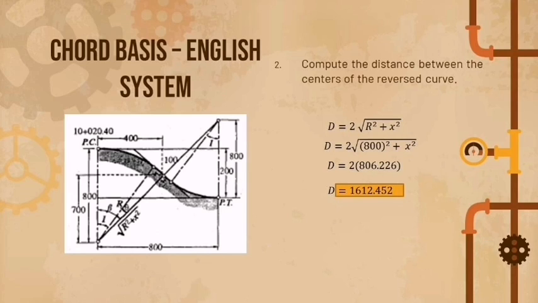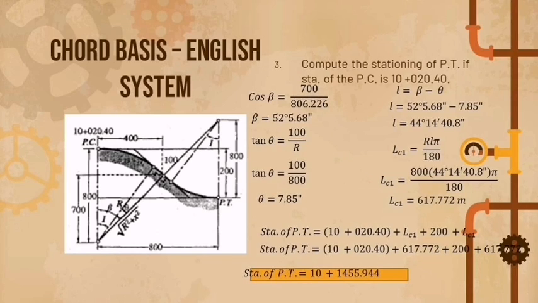So for the number 2, compute the distance between the centers of the reverse curve. Same lang rin po ulit siya sa mangyayari, hindi po ulit kasama ang degree, so hindi po ulit mababago ang value natin. So mag-stay siya ng distance is equals to 1612.452. So same rin po sa number 3 ng chord basis English system is wala po ulit degree na kailangan